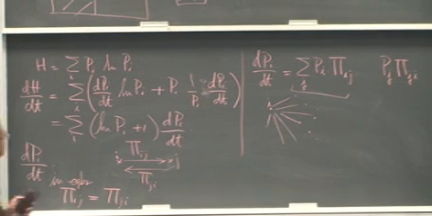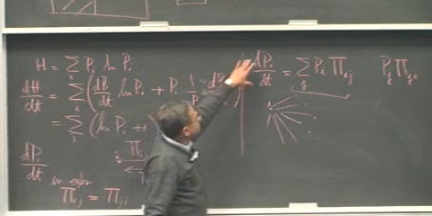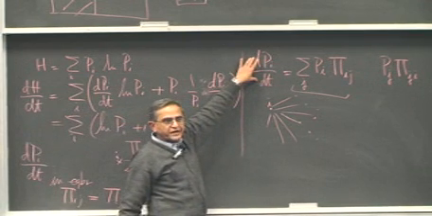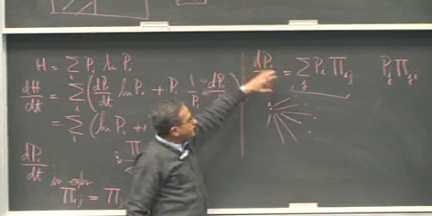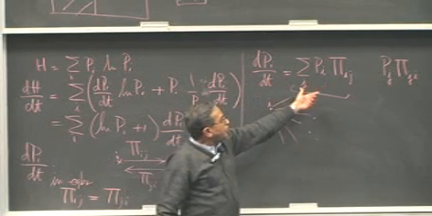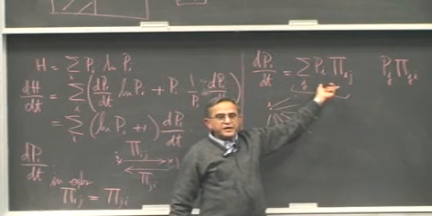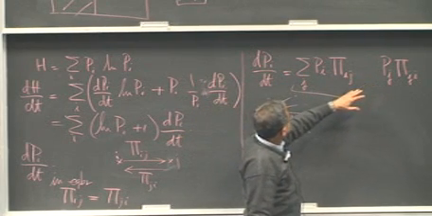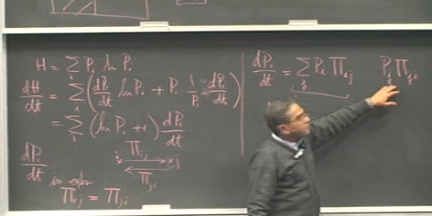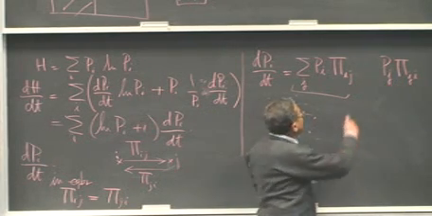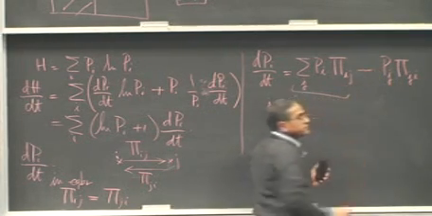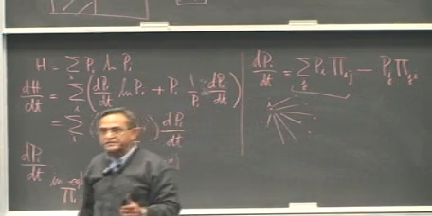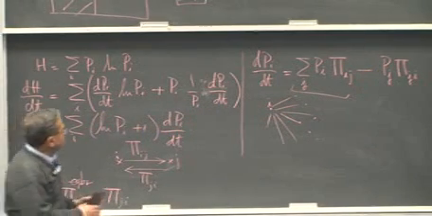We are looking at the change in the probability of the ith state, and that will be all the particles coming in from outside, and this is all the ith particles going to other possible states. So I put a minus sign in the sense that this is